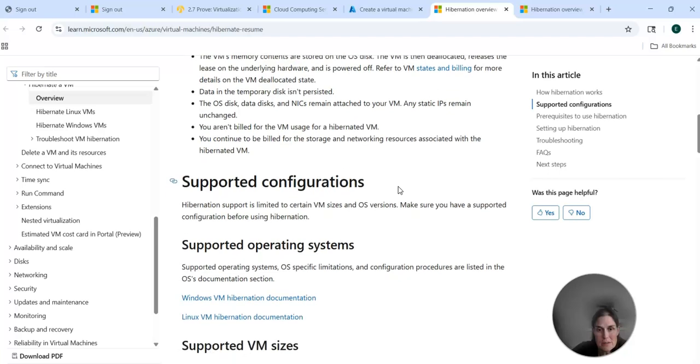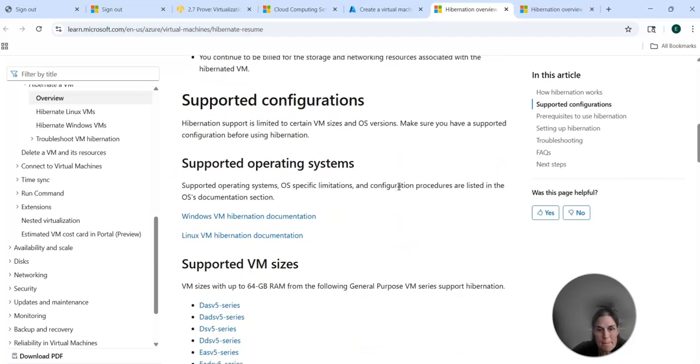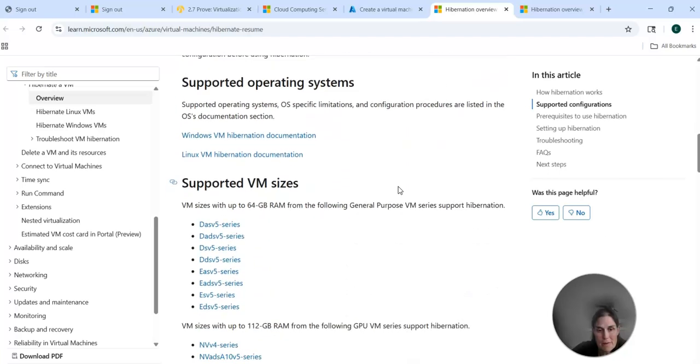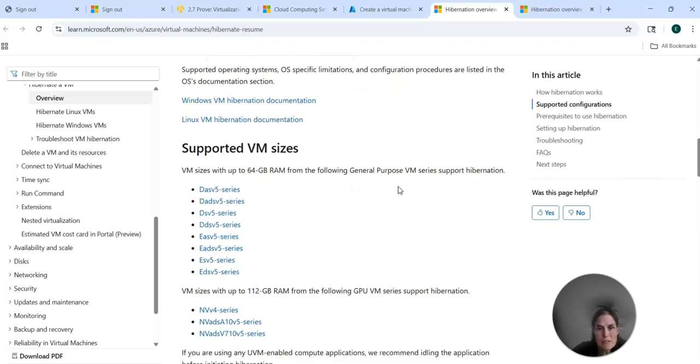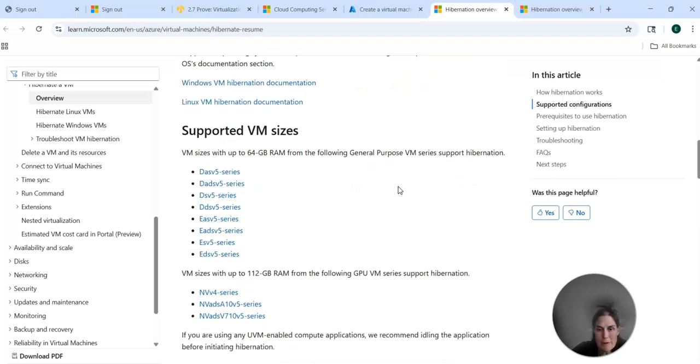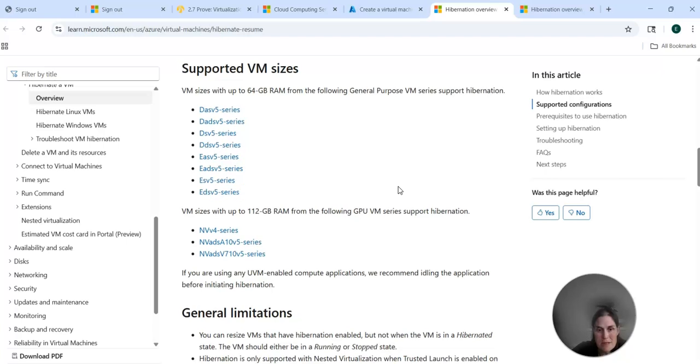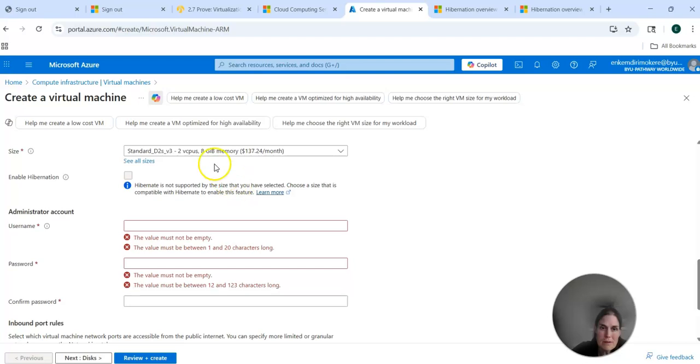OS disks. Looks like we would have to, 64 gigabytes of RAM. Yeah, that might, yeah, we're only looking at 8 gigabytes, and 8 gigabytes is already 137. That might be an awfully big, yeah, I think we could probably just schedule it to